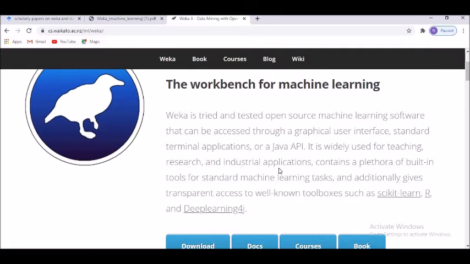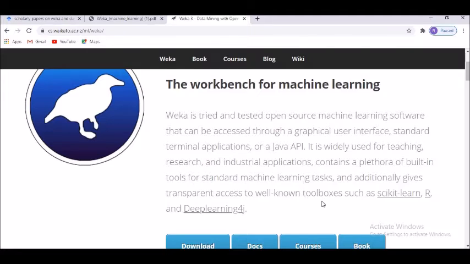It is widely used for teaching, research, and industrial applications, which we have seen in the wiki page. For me, this has been very useful in the past two months, wherein I was getting trained for this particular software. As a student, as well as someone who favors online marketing, which is my area, I have seen that it has really helped me a lot to understand it.